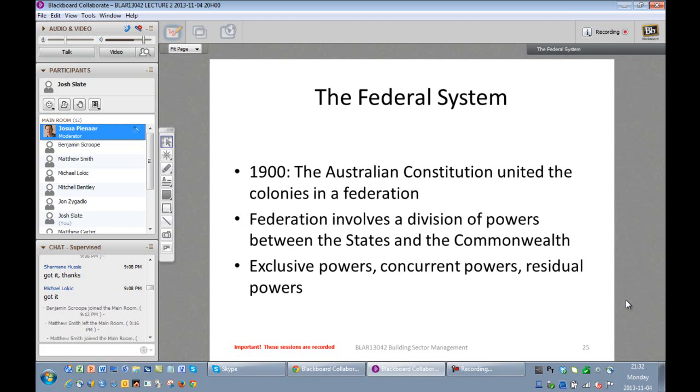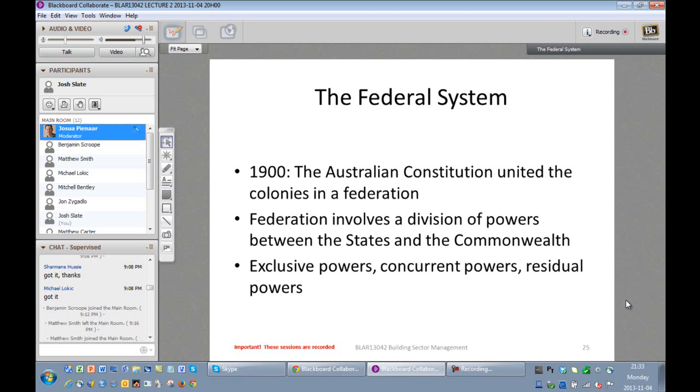All right, so let's move on to the actual information for tonight's session. As obviously we're looking at Australia, and we've got a federal system, and this came in the 1900s. So it basically united all the different colonies that we had, all those different colonies that came across. So a quick question for you: which was the only colony that settled in Australia that was not part of the